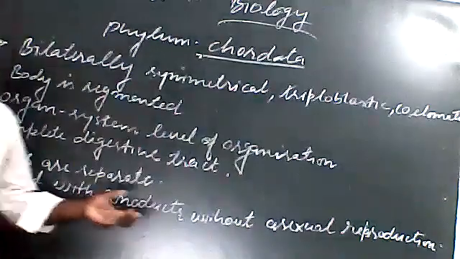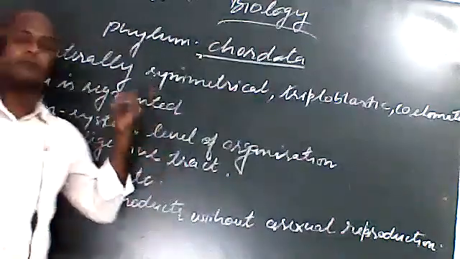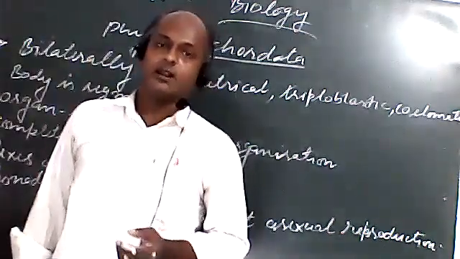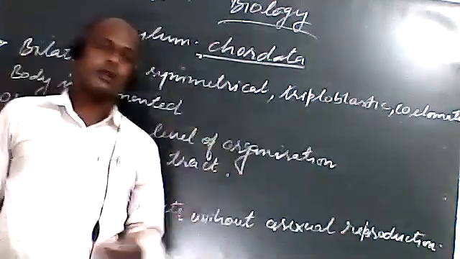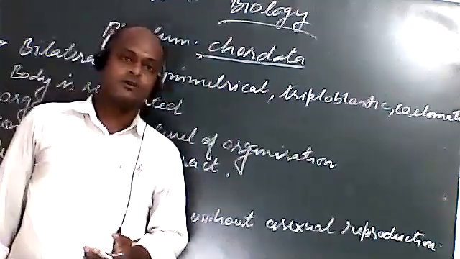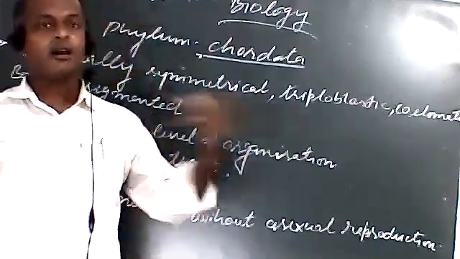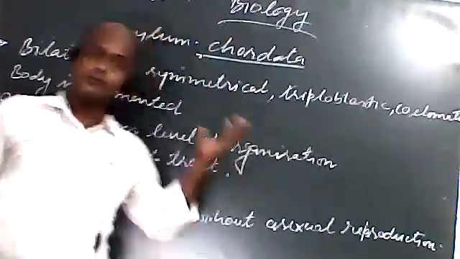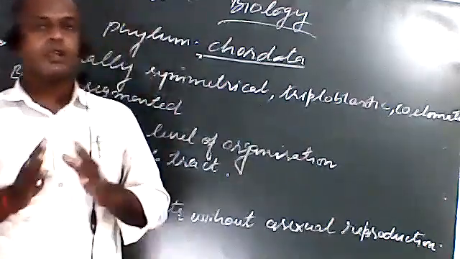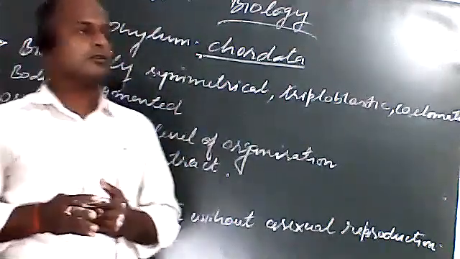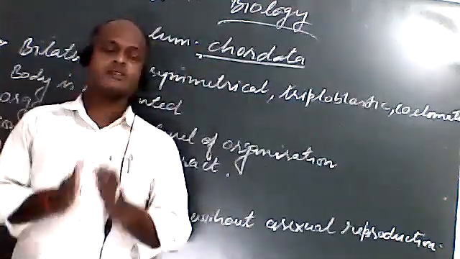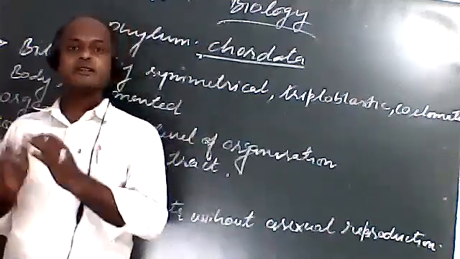We have studied the characteristics by which we can say that organisms are chordates. We have studied that there is presence of nerve cord, notochord, gill slits, and post-anal tail. Besides those characteristics, these are the common characteristics found in most organisms placed in phylum Chordata or in other phyla. So it should be noted down. Sometimes, or many times, a question asks to differentiate between chordates and non-chordates. So keep in mind the characteristic features of non-chordates and of chordates.